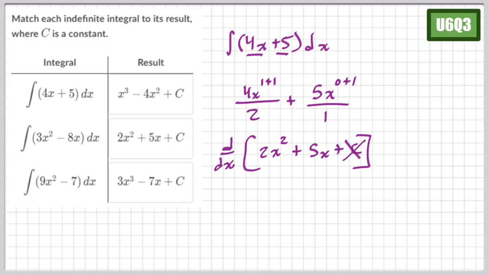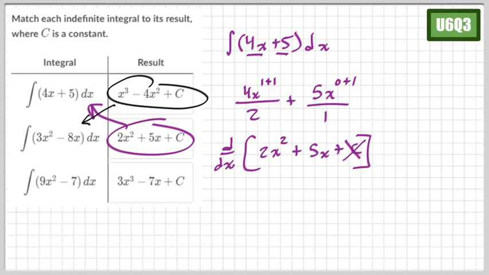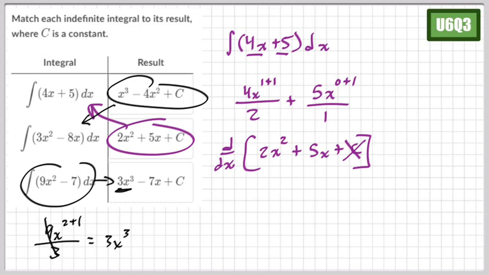All right. So this one goes to this one. You add 1 to the 2, then you divide by 3. So it's going to be x to the third. We can check it in a second. And the last one is most likely that one, but let's do it just in case. We add 1 to the exponent, and then we divide by 3. That would equal 3x to the third. Do we get minus x or 7x? Yeah, we do. So this one lines up with this one. Don't forget